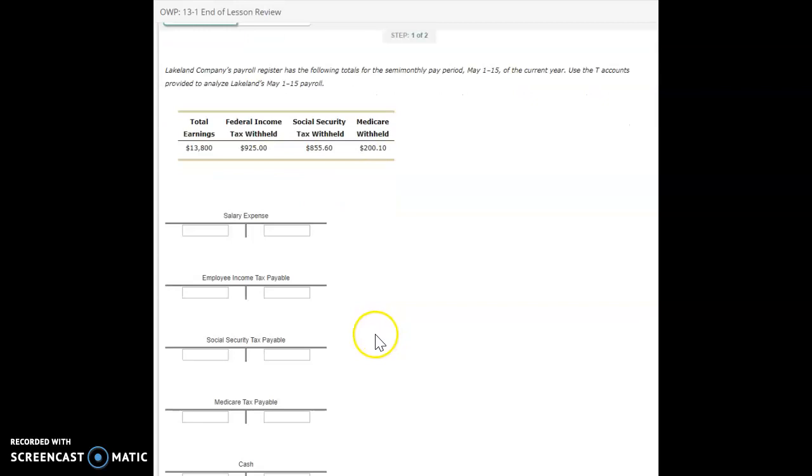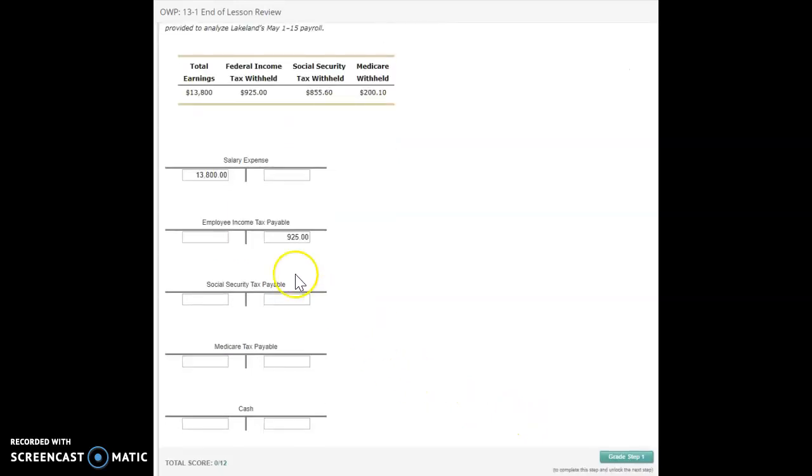So if I'm going to scroll down here, salary expense, remember, is the total earnings. And that is the one thing that we're going to debit. So here we're going to put in 13,800. Okay, employee income tax payable is that federal income tax withheld, and that is going to be a credit of 925. Remember, they're the payable accounts because they are liabilities. So Social Security tax payable is the same number up here, so 855.60. And then we have our Medicare withheld, which is our Medicare tax payable, is